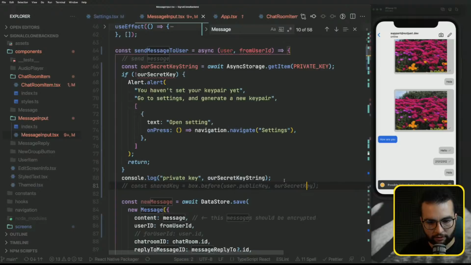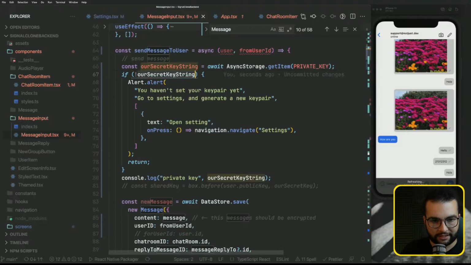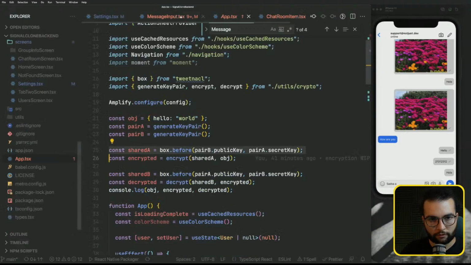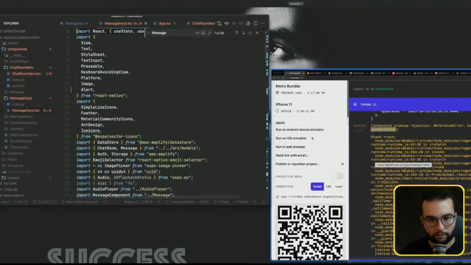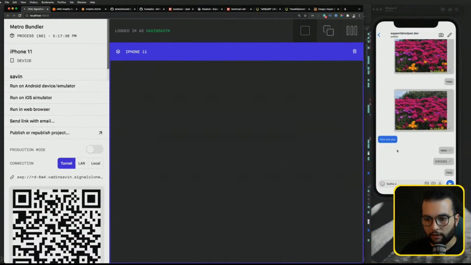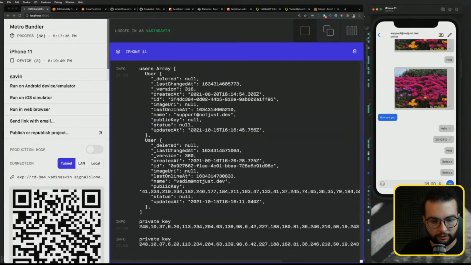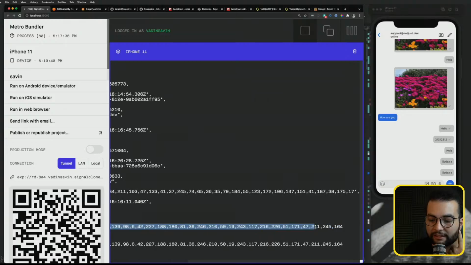Let's comment it out for a moment. And here replace our secret key string. Okay. And now, if I do send, here is the private key, and it's a simple string representation of that array